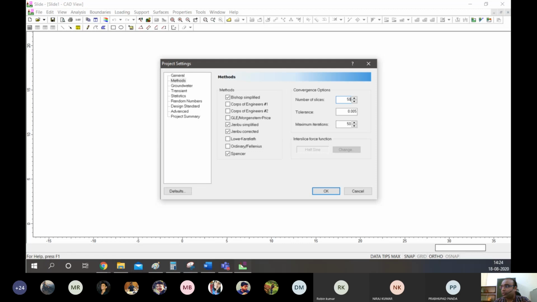So here we also decided the number of slices. We knew what a tolerance is. We understood the tolerance is basically the point after which the iterations or the solutions stop iterating. At that point, the simulation will stop after it has reached the tolerance limit.